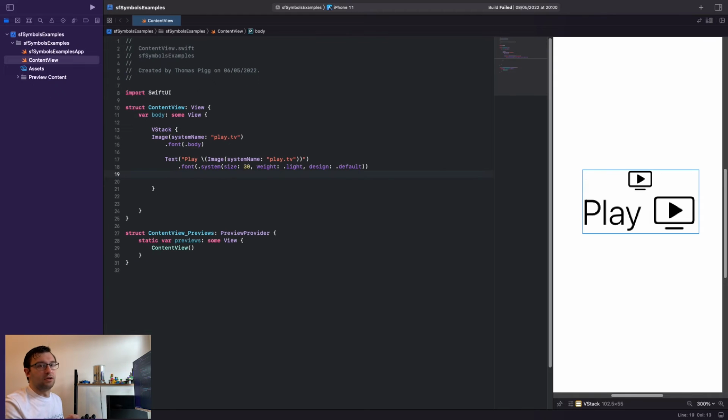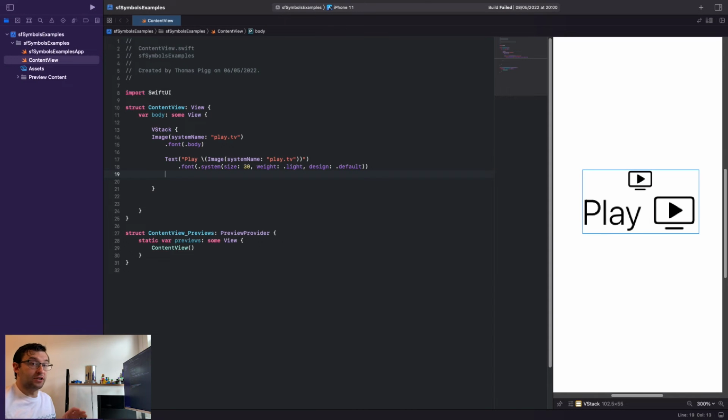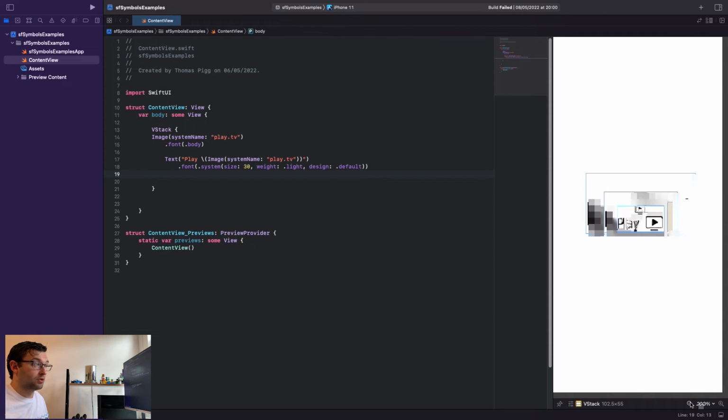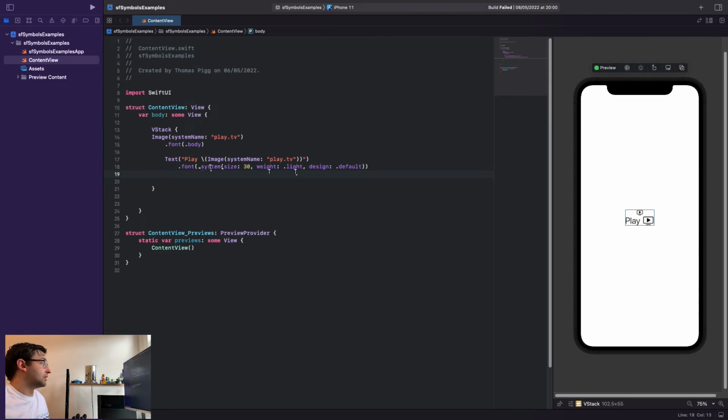Now let's move on to changing the SF Symbols colors. So now we want to look at changing the SF Symbols colors. To do this, let's just bring this out and try and make it a little bit more obvious what we're doing. If we now just change this,